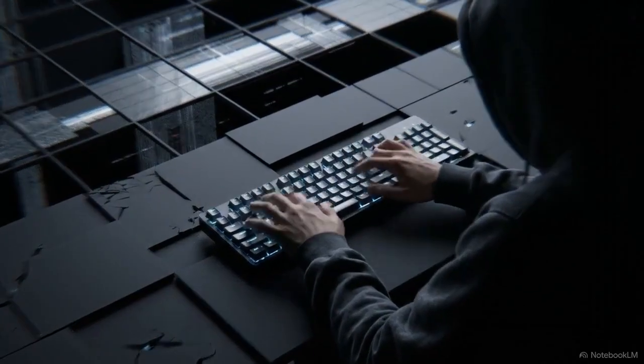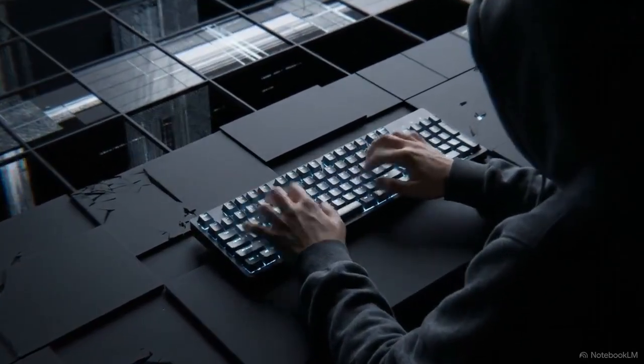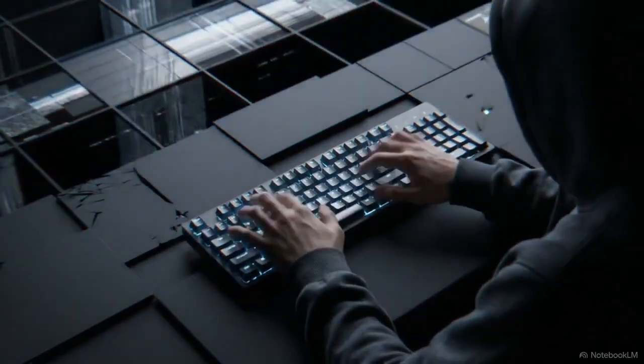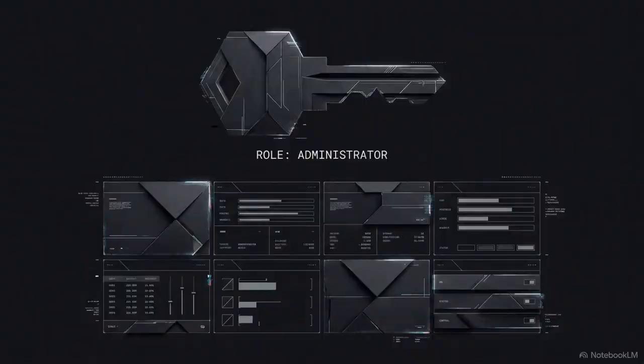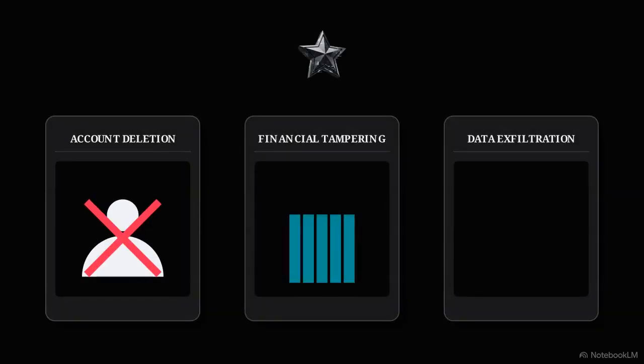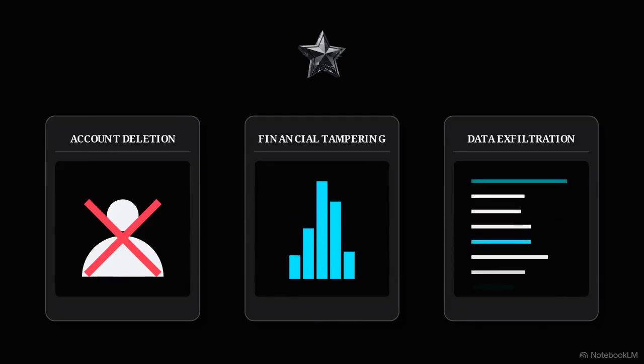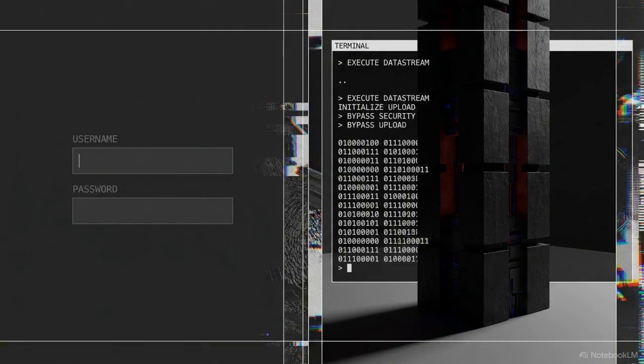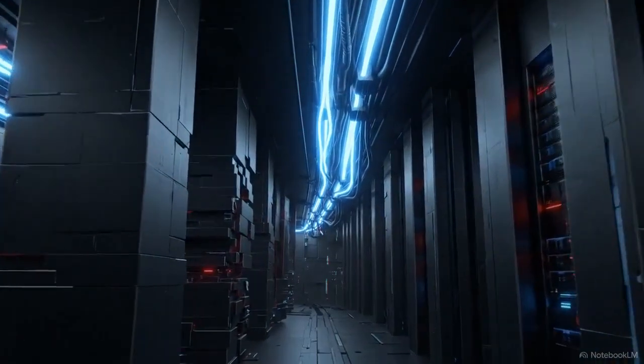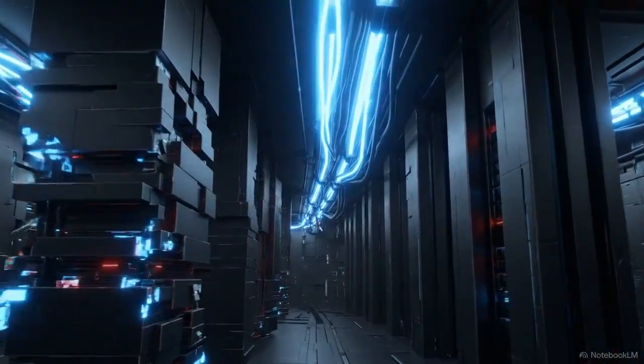When most people think of a system compromise, they picture a stolen password or a brute-forced login screen. An administrator account provides the highest level of authority within a system, allowing a user to delete other accounts, manipulate financial transactions, and view every piece of internal data. But modern attackers can acquire this exact level of control without ever stealing a credential or even visiting a login page. The most devastating vulnerabilities in modern networks exist in how systems silently process data, not in how they lock